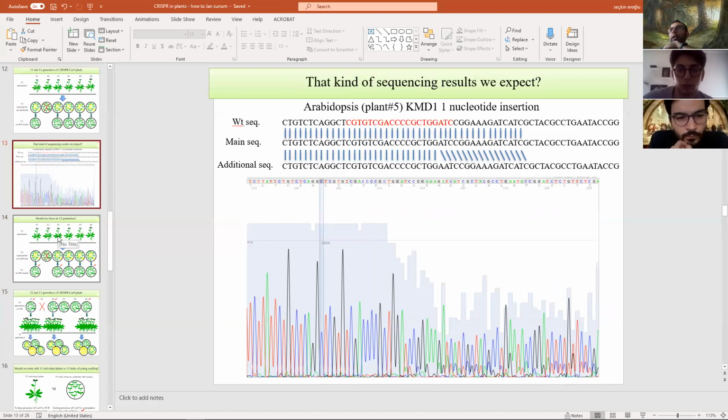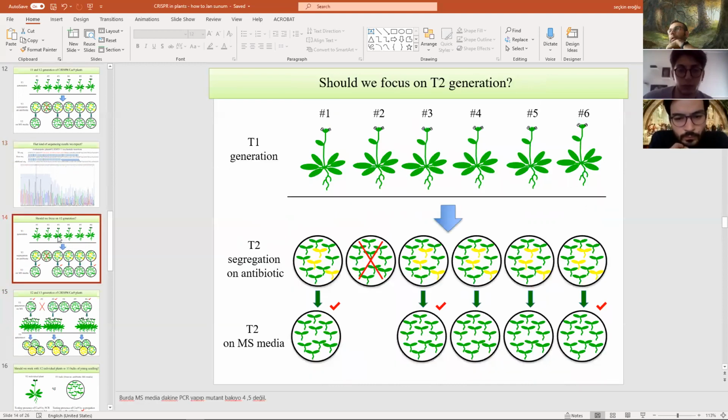The last thing I'm going to tell you is when we are going to do the PCR for selecting the mutants. I mean, we go for the heterozygous ones until we get the mutant. But we need to investigate if the heterozygous ones have the mutation or not. So if you look at this slide, just a second. If you look at this slide, you will see